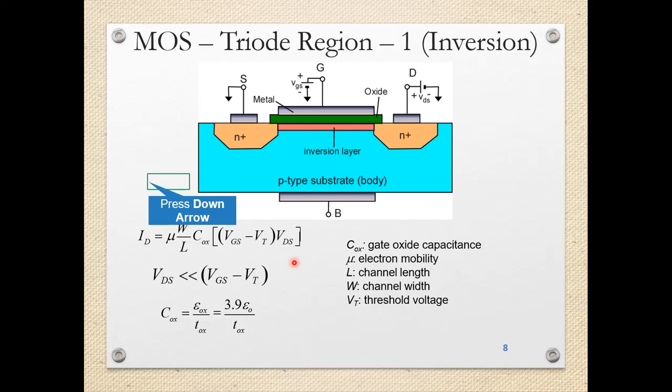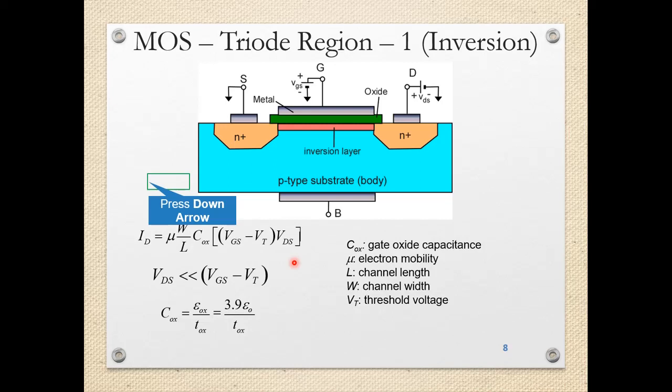So we'll see this triode region, which is also called the inversion region, in which there is a formation of the inversion layer. And you can see the potentials which are applied. The source terminal is kept at ground potential, because we have studied that the drain potential should always be greater than the source potential. For the drain terminal, between the drain and source, because the source is connected to ground, we have applied the positive potential VDS, and to the gate terminal also we have provided the positive potential VGS.